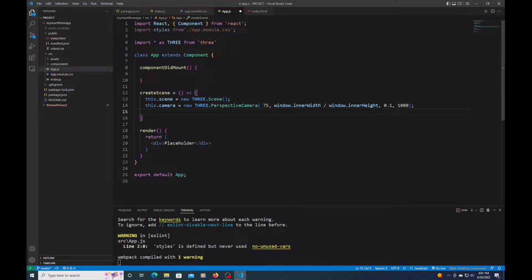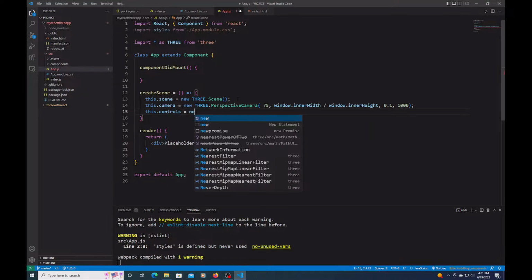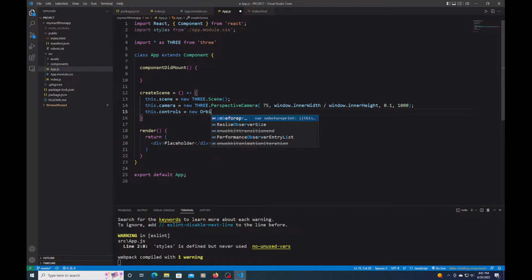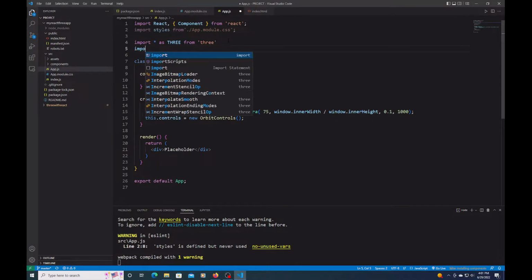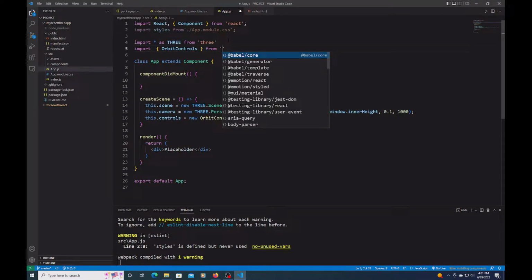Then I'm also going to be using orbit controls for this, so I'm going to say this.controls is equal to new OrbitControls. And before I continue with this, I need to import the orbit controls. So up here, I'm going to say import, open close braces, OrbitControls, and say from